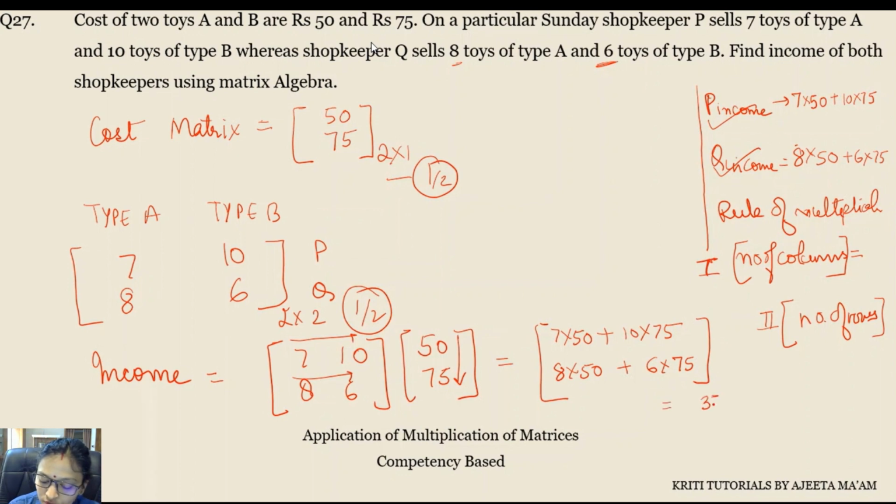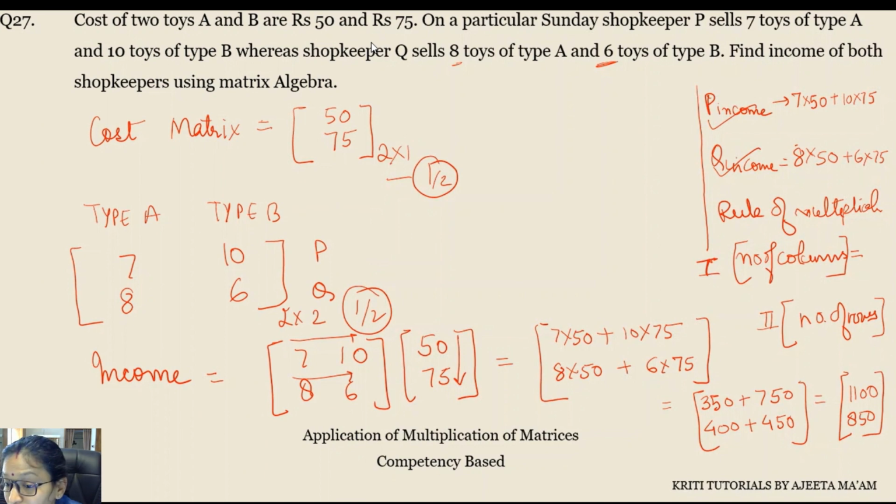ठीक है, नाउ वी हैव टू सिंपली ऐड इट अप। सो 350 प्लस 750, आप चाहे तो डायरेक्ट आंसर भी लिख सकते हैं। एंड हियर वी गेट 400 प्लस 450। ठीक है, तो अभी हमारे पास क्या आ जाता है? दोनों का इनकम। सो अगर हम दोनों को ऐड करेंगे तो हमें क्या मिलेगा? 1100 और 850। सो इनकम ऑफ पी एंड इनकम ऑफ क्यू वी विल गेट।